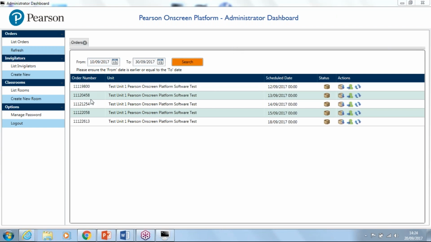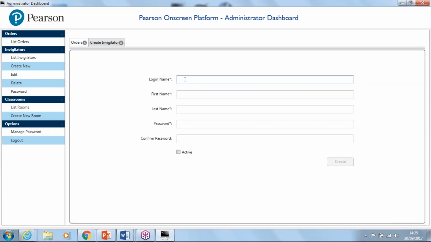These are the test orders that come through from Edexcel Online, and this is how they appear in the administrator dashboard. So the first thing that you need to do before you can actually prepare or download any tests is create a new Invigilator. So on the left of the screen here, where it says Invigilators, if I just click create new, and then I need to import an Invigilator name,